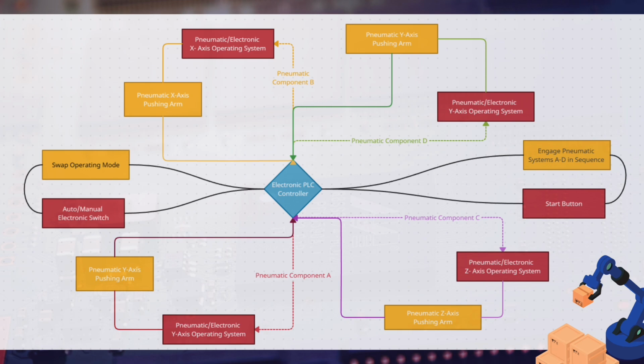When it comes to the auto and electronic switch, it matters because it affects the start button, which engages the pneumatic system A through D components in sequence. When the components are engaged, I made sure I paired them together. So basically component A and component D operate together in sequence, and then component A and component C operate in sequence together, as seen in a